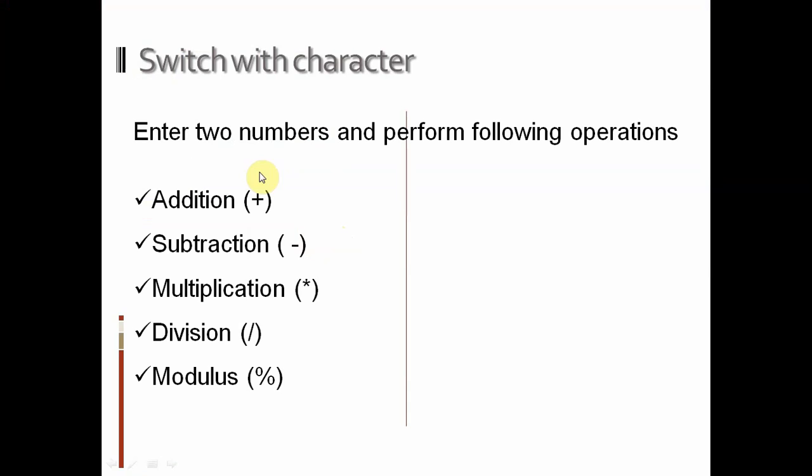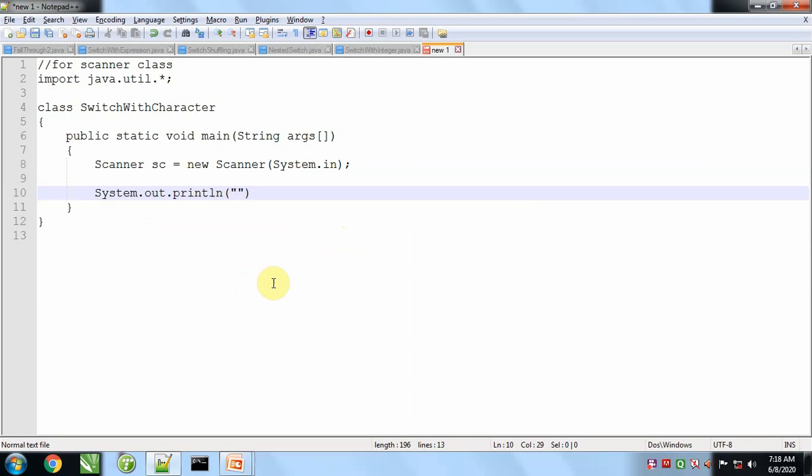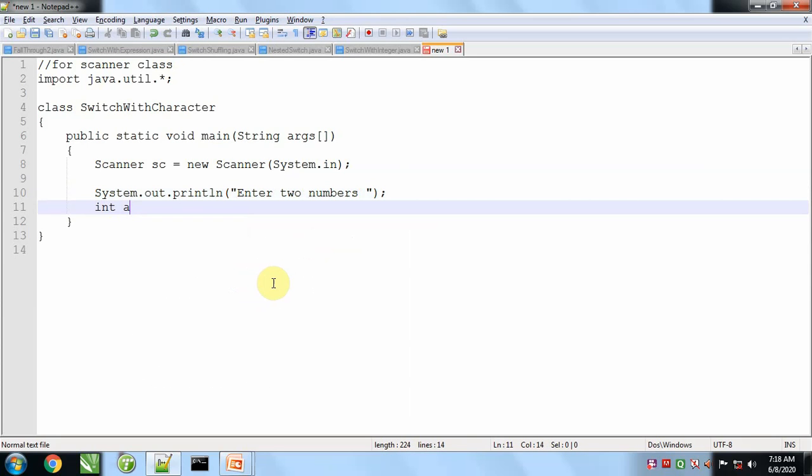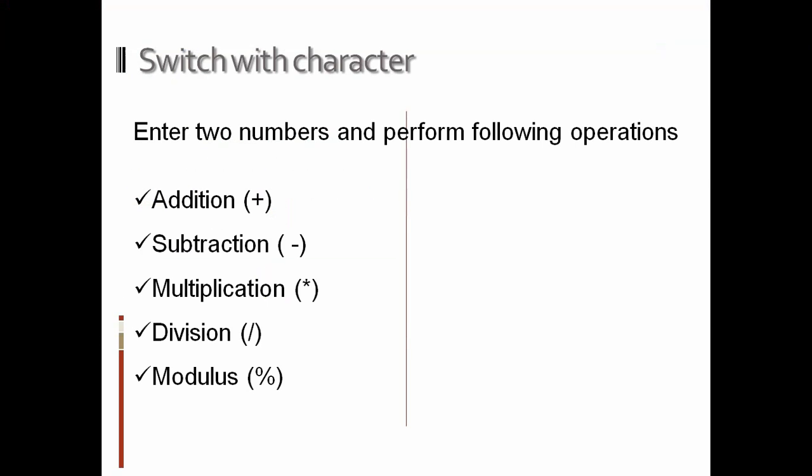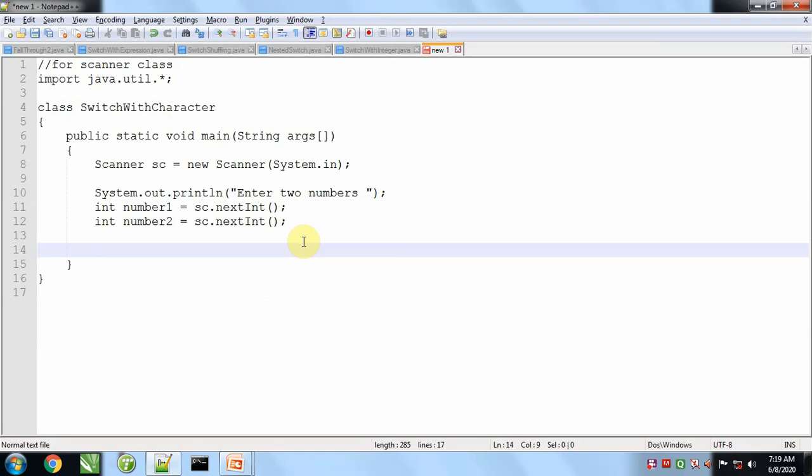I think there is no need to create a menu. We'll simply ask the user to enter two numbers. These are the two numbers. Now we have to ask for an operator also.